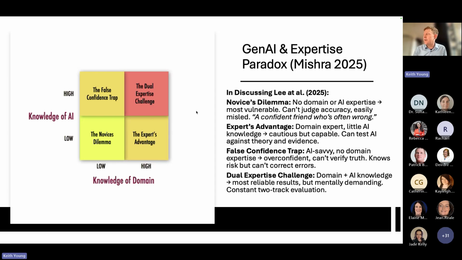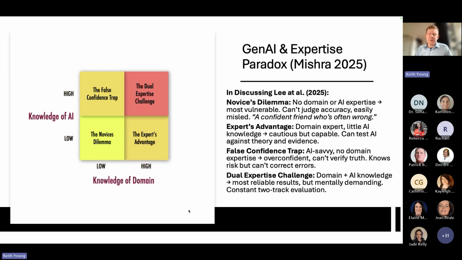They have little AI knowledge, they're cautious but capable, they can test AI against theory and evidence. The false confidence trap, where they're AI savvy, but they've no domain expertise to actually be able to evaluate the outputs of the AI. And then the dual expertise challenge, where they have both domain and AI knowledge, and they get the most reliable results off the back of that as well. But it's mentally demanding, and it's a constant two-track evaluation. And so there's a lot of mental effort that has to go into engaging with these models in and of